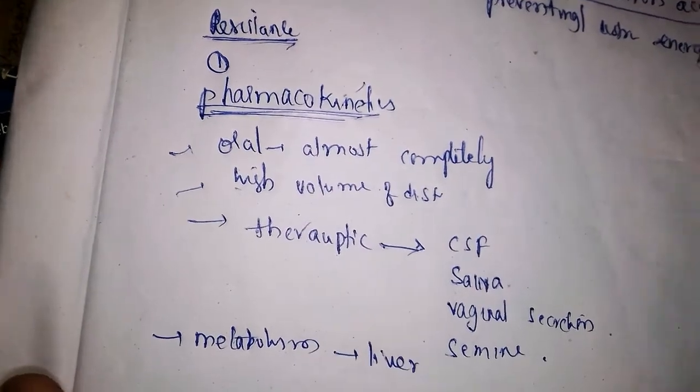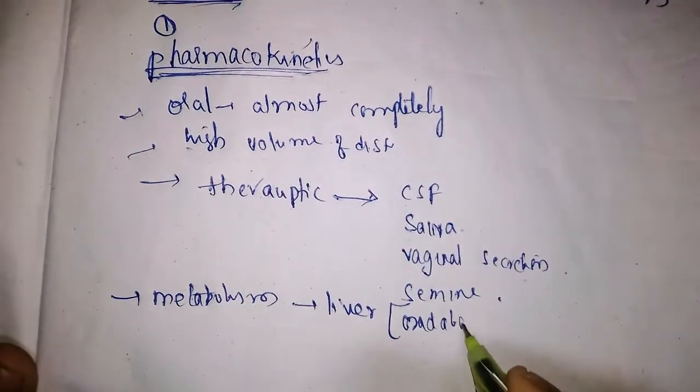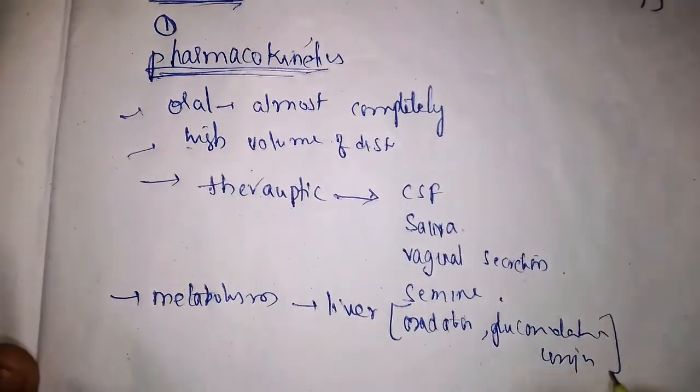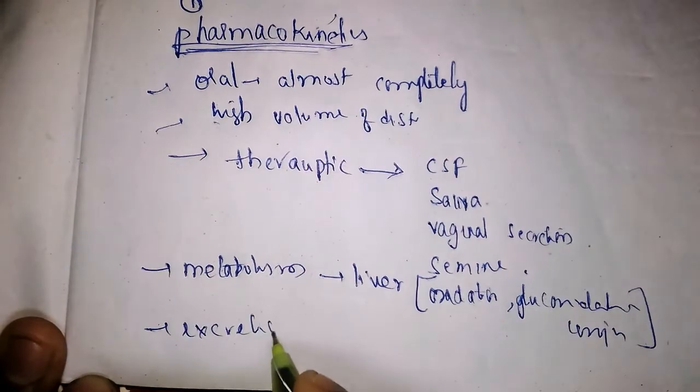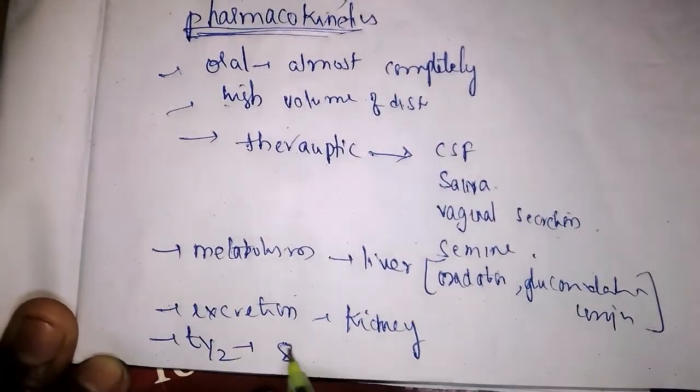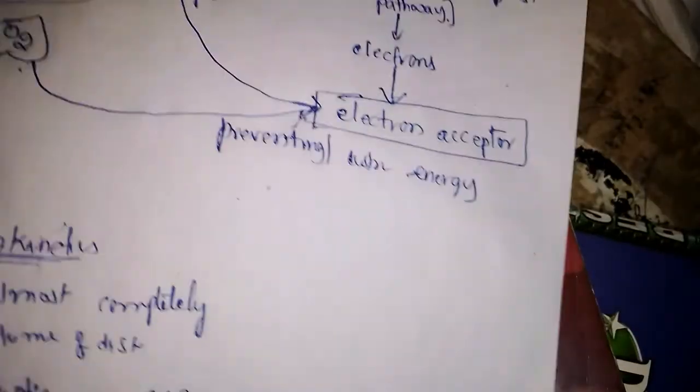Metabolism takes place in the liver, mostly by oxidation and glucuronide conjugation. Excretion takes place through the renal system, through the kidney, and the half-life is almost 8 hours. This is about pharmacokinetics. Then we'll move to adverse